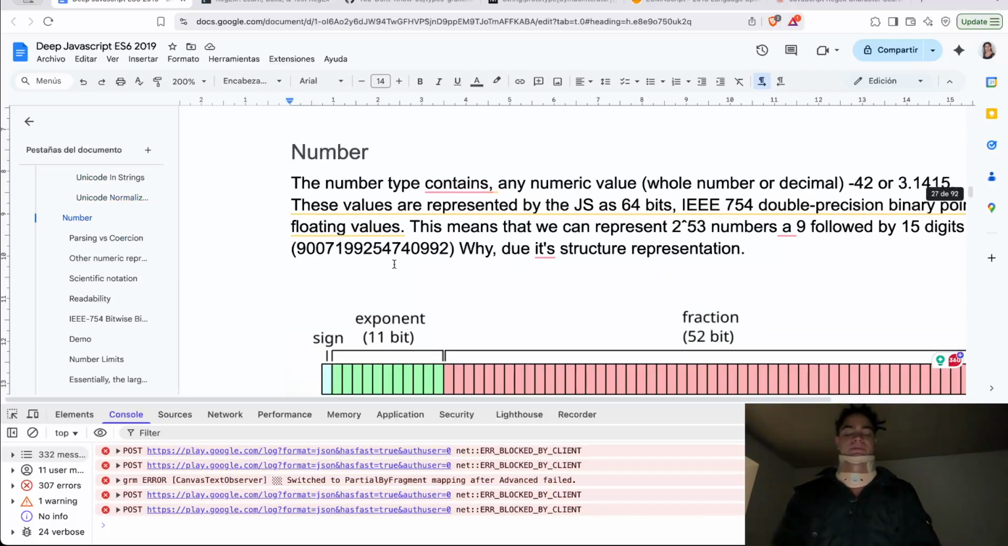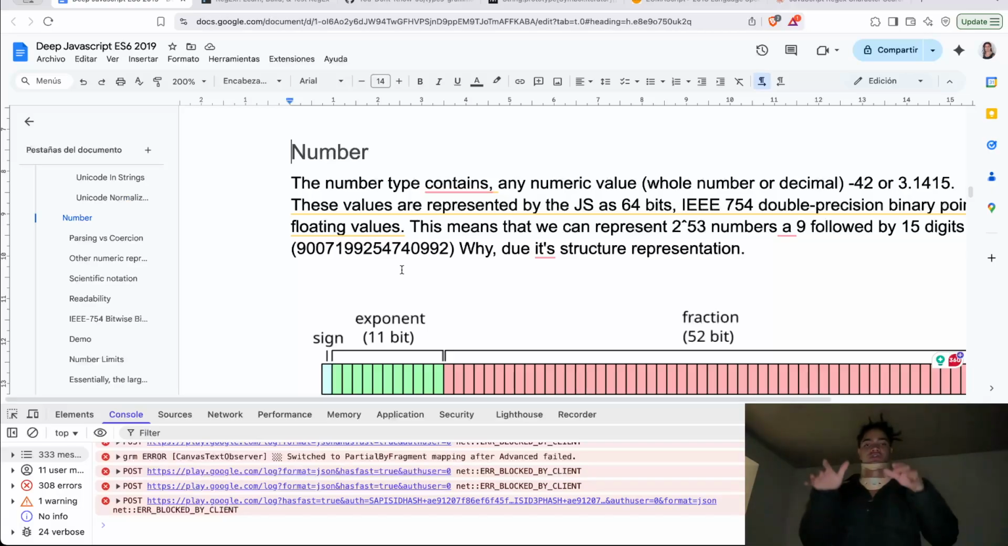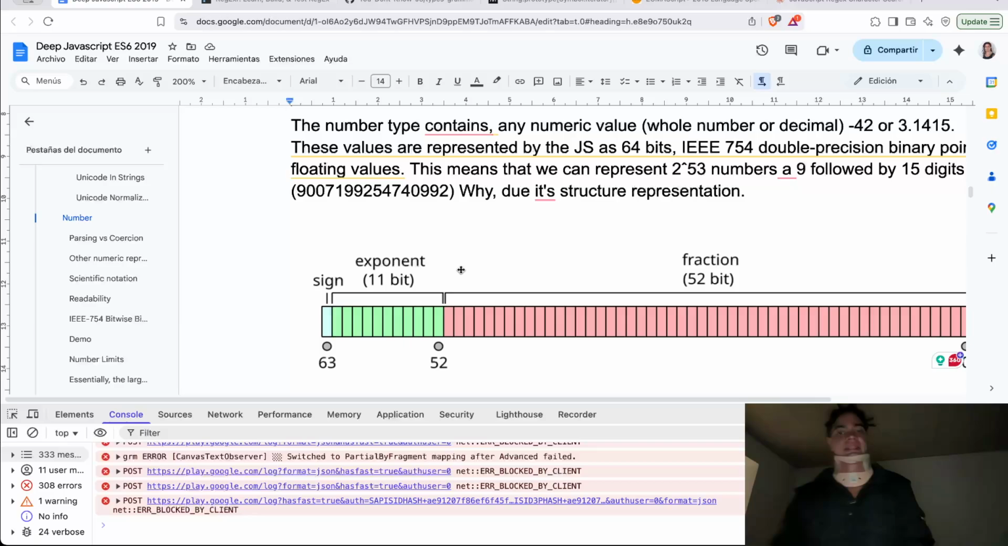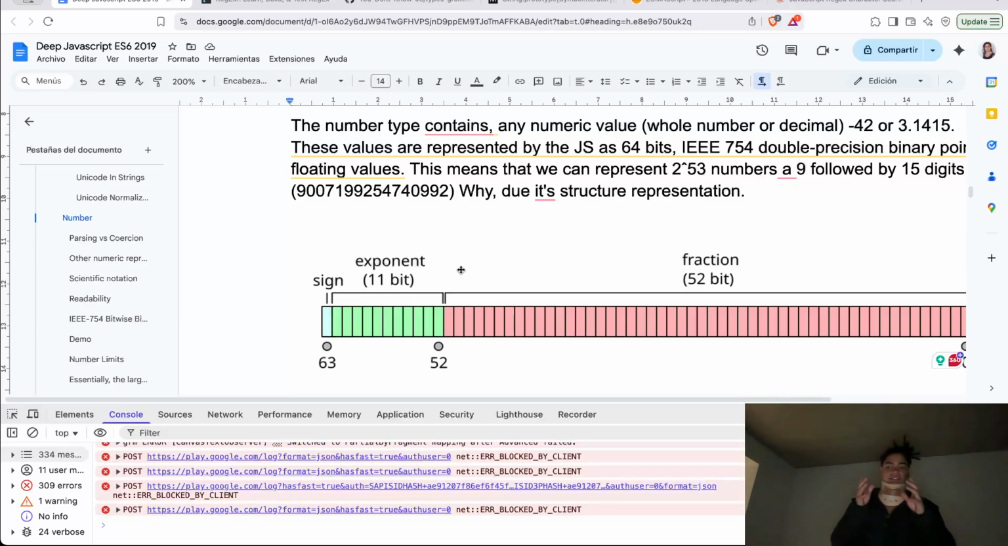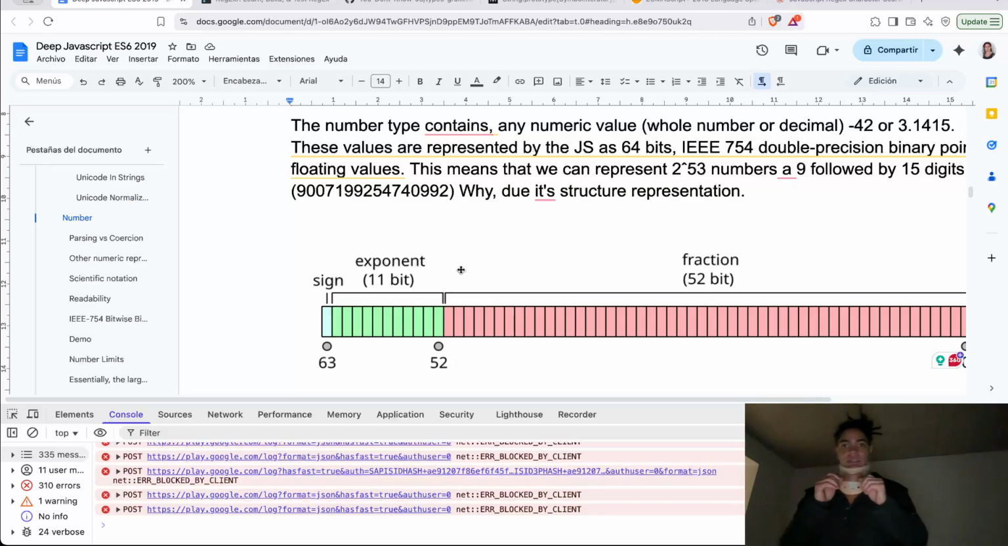Now we have number, and here in number we got another domain. This is another universe here. But again, it's important for us to understand how these numeric values are represented, whether it is whole numbers or decimals, all right? For example, minus 42 or 3.1415, the pi number, and that is using the IEEE 754 spec, double precision binary floating point